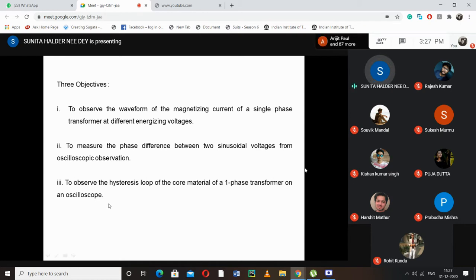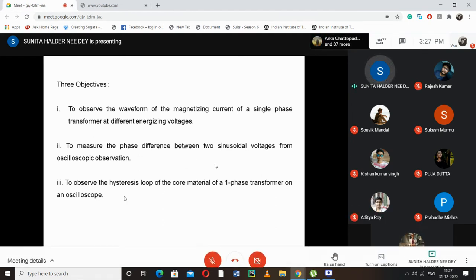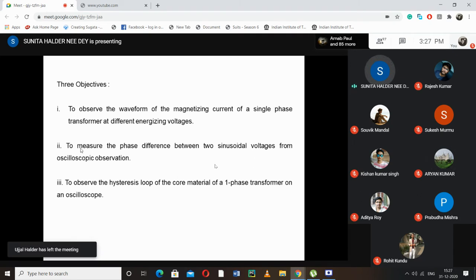Have you got the instruction manual of the lab? Yes, ma'am. These things are exactly in the instruction manual. I have just copied from there. So these are 3 steps. If you have the instruction manual beside you, then you can open experiment number 4. You can see this one.